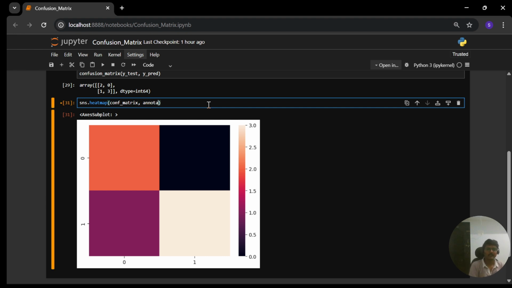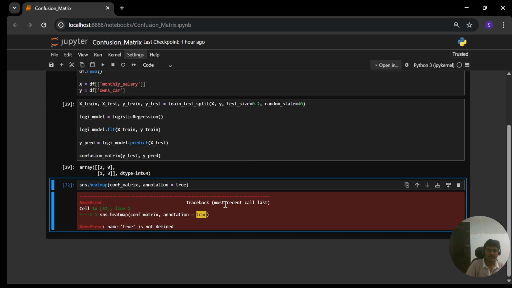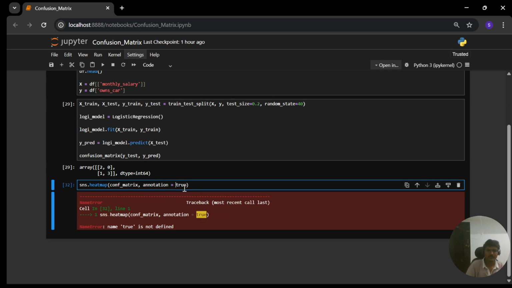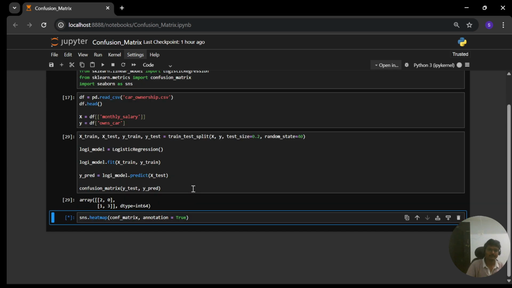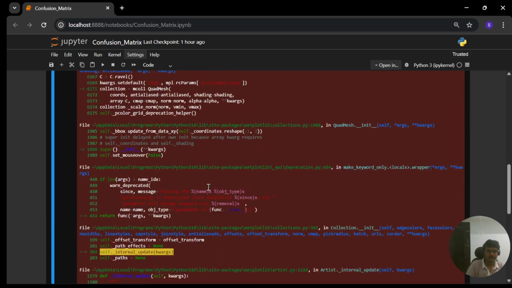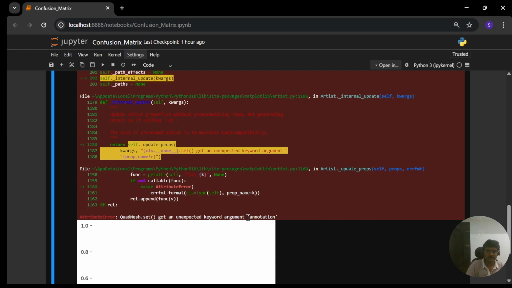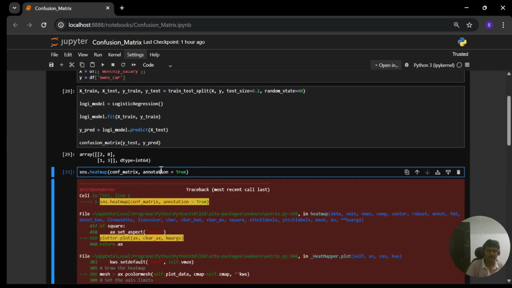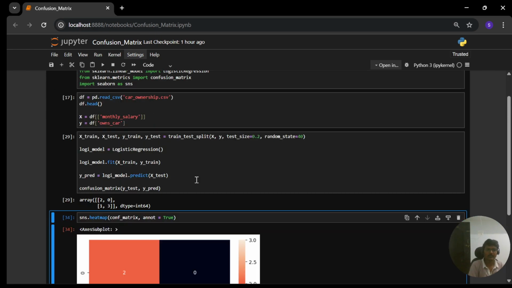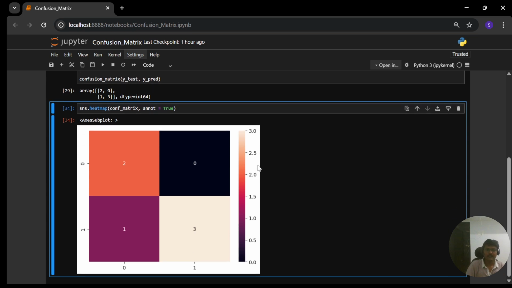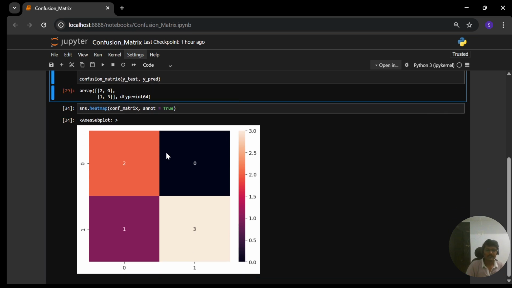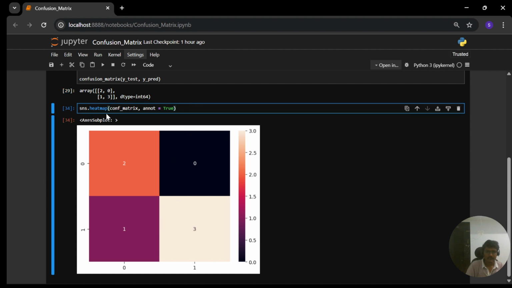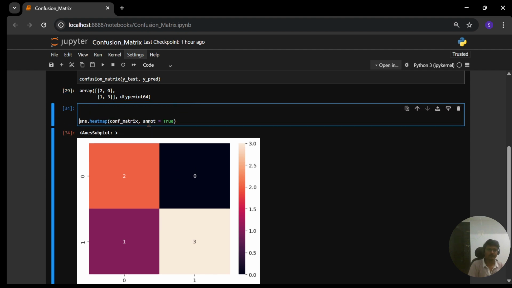For that we have one argument, annotation, which is true. Oh, we are not in Java. Keywords, annotation, or is it annot? Okay, it is annot. Now as you can see,